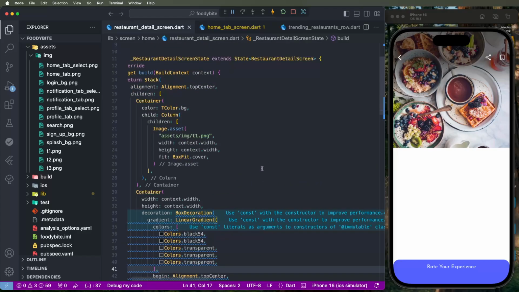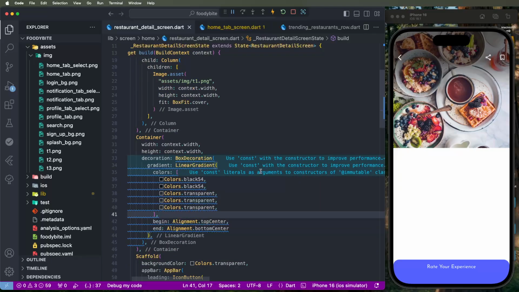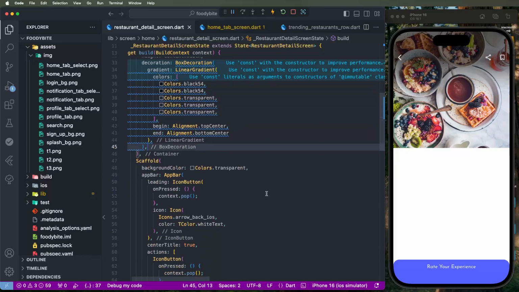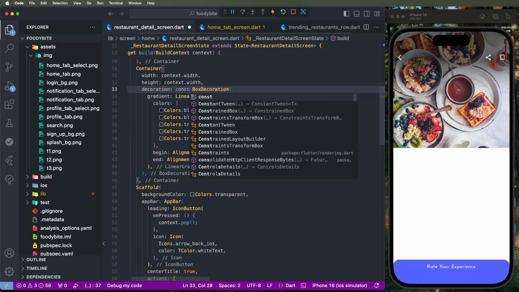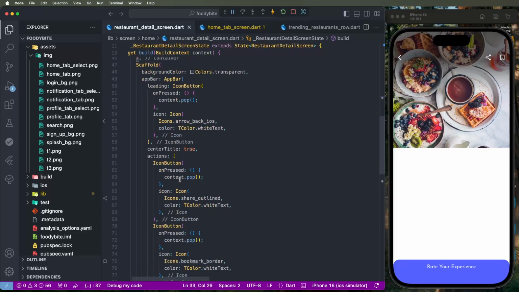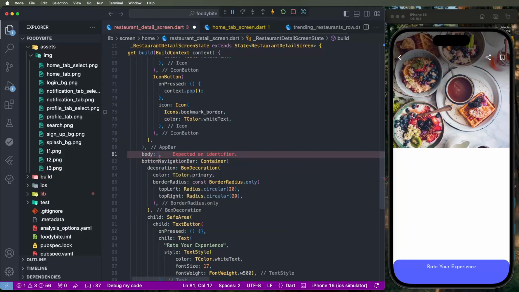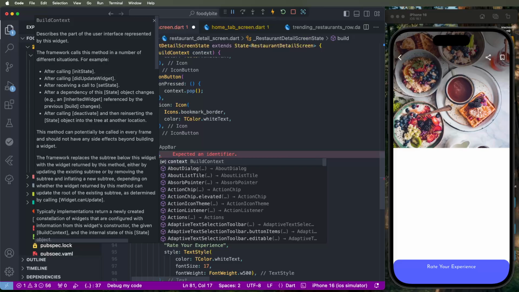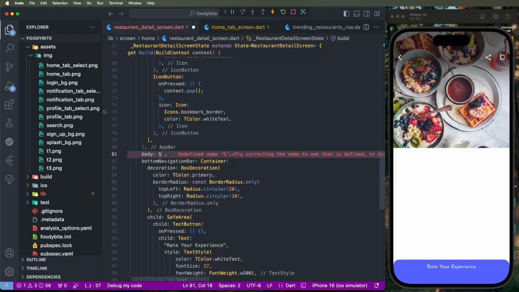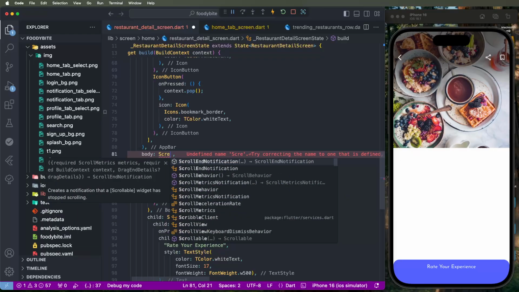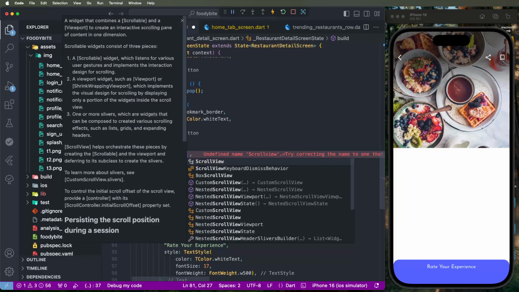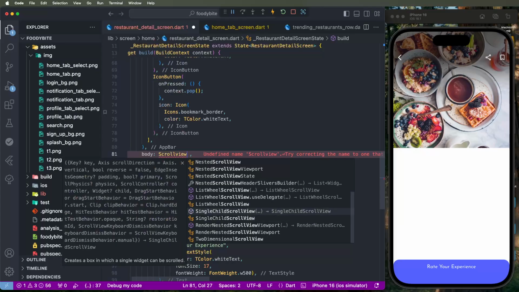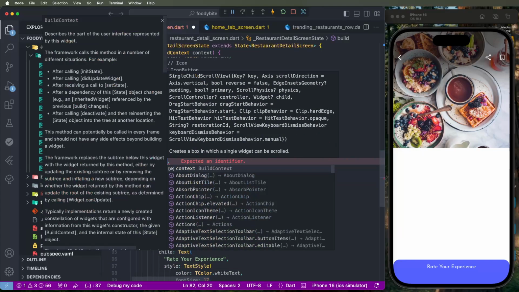Now we need to develop the other things. We need to go inside the body, and first of all set the blue line, then create the body and configure the UI related code. Create the scroll view, set the children, create the column